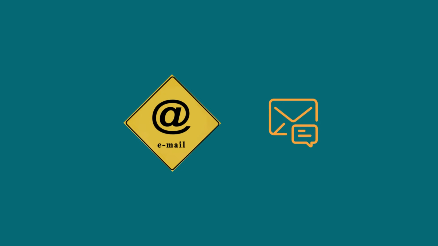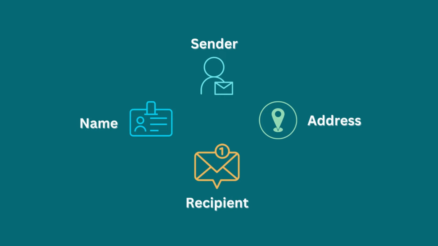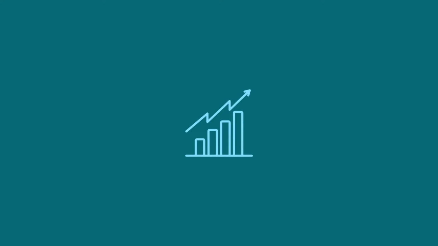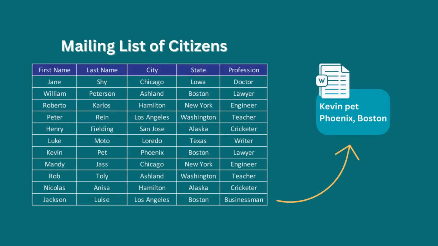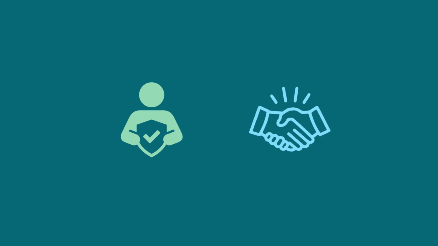Mailing labels are small bits of paper that usually contain the name and address of the sender and the recipient. Labels can help minimize errors and enhance the appearance of the mail. If you are looking to create professional-looking mailing labels for personal use or for your business, then this tutorial is